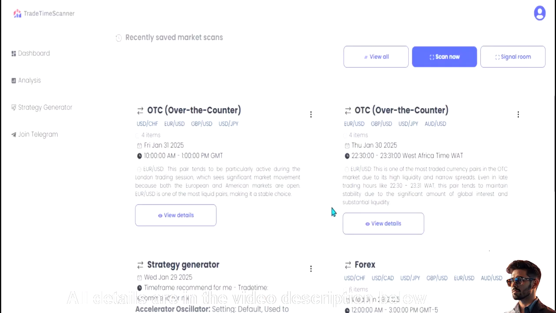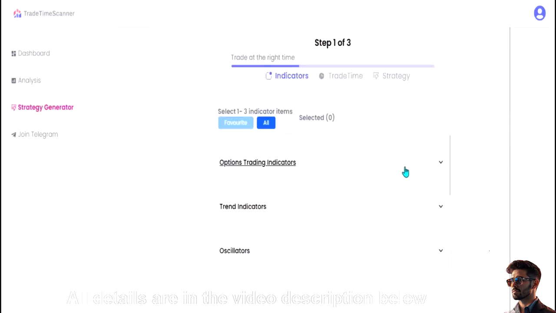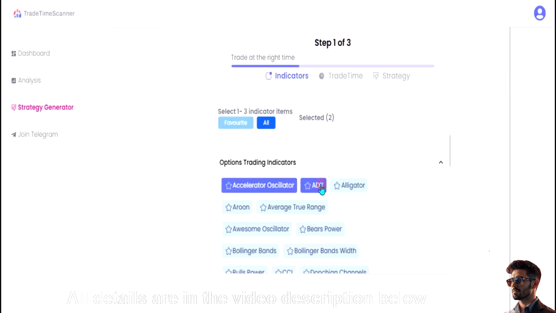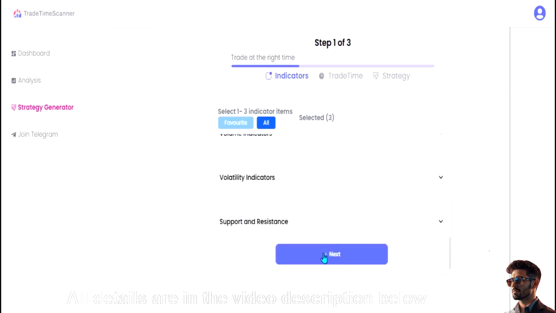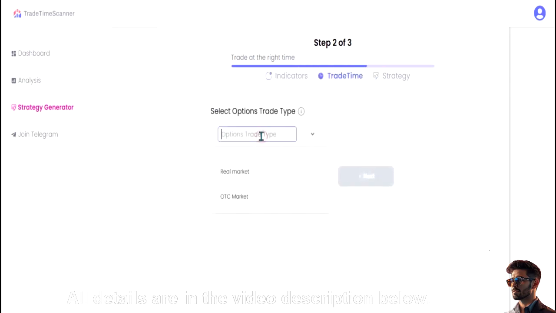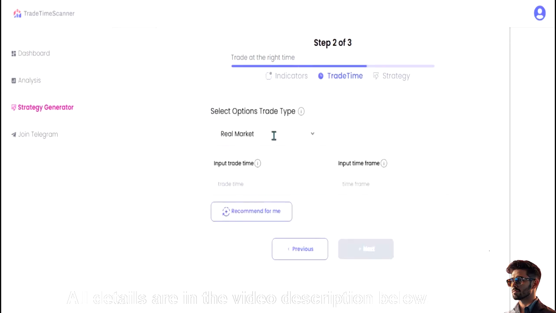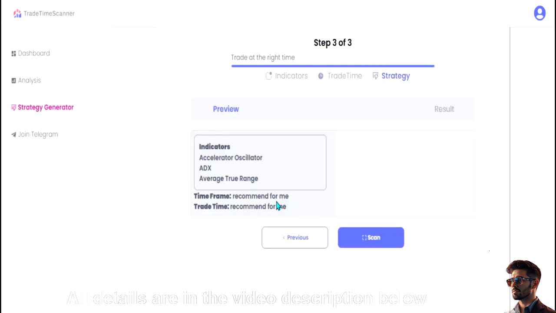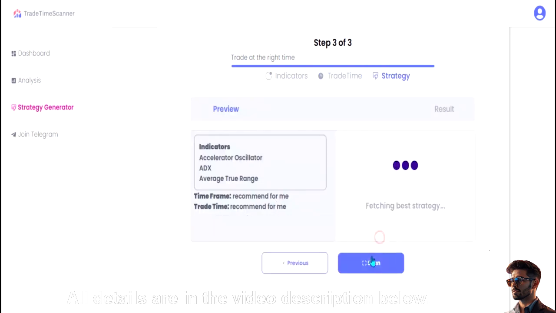All you just have to do is come to the strategy generator and select the option trading. Select that strategy, go to the next button, and over here choose if it is real market or OTC you want to trade. If you are trading real market, you just click here. We also have a recommend for me option. I usually love using this. If you click this recommend for me, you can see that the time frame and the trade time will be recommended. And when you scan, you just have to wait until the strategy is generated with the best settings